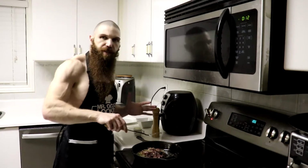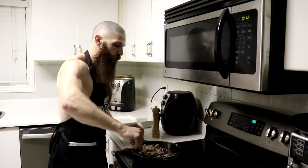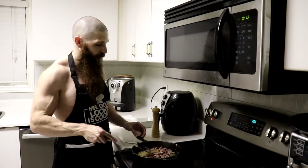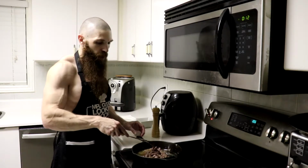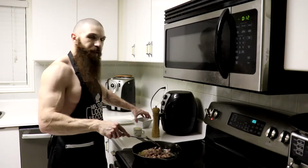In terms of the quantity of the ingredients, I have roughly 250 grams of beef kidney in here and roughly 70-ish grams of grass-fed butter. And the butter, we are going to be using that once this is all cooked to make our cheese sauce for the actual kidney. And for the cheese sauce, basically what we're going to do is once this is all finished, we're going to take all the leftover butter,